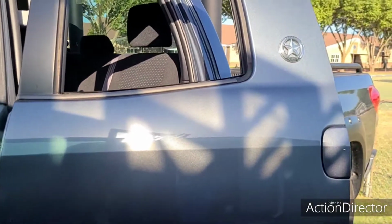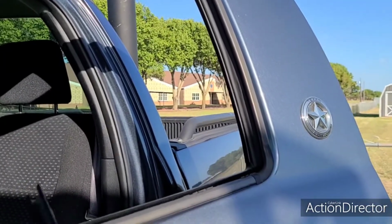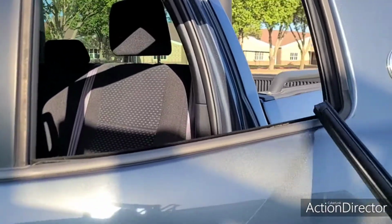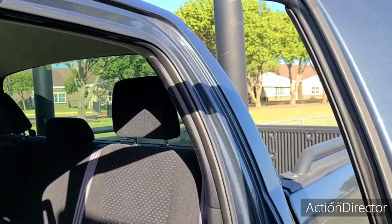Hi guys, this is going to be a quick video on replacing the weatherstrip molding on a 2008 Tundra with the double cab small doors. First thing is put your window down,